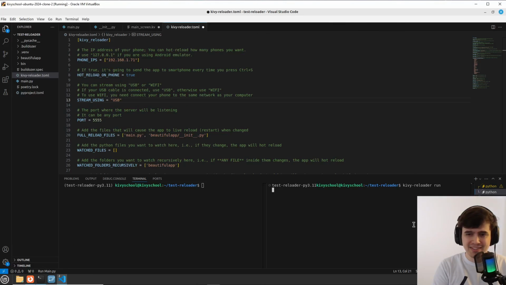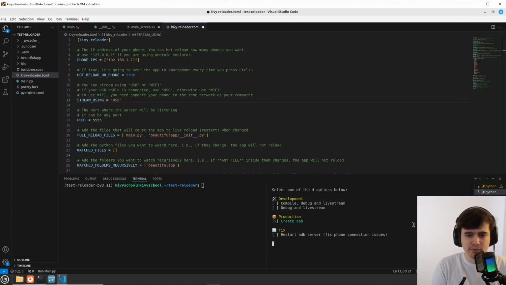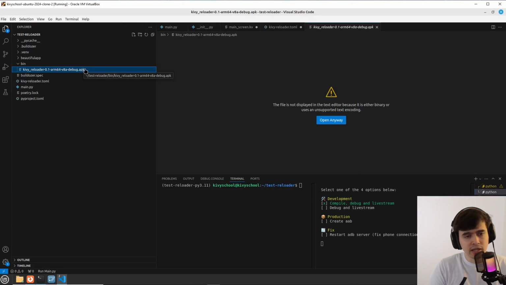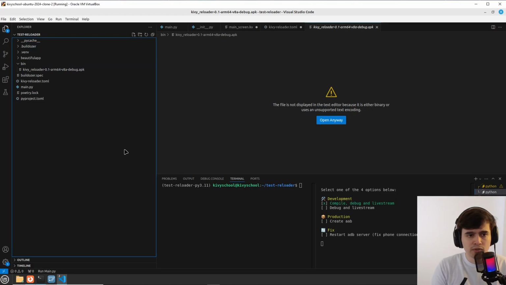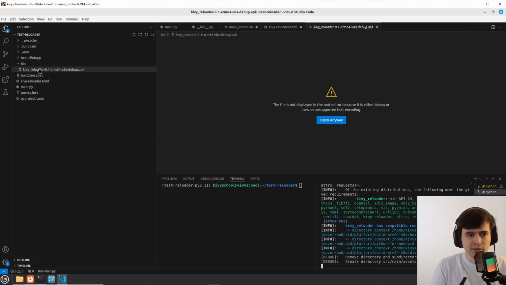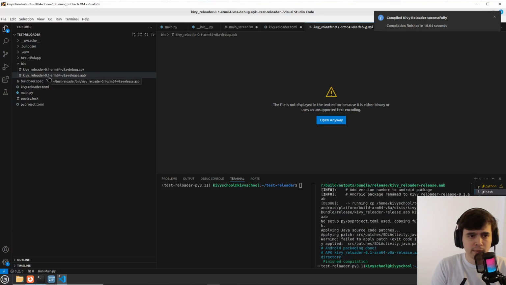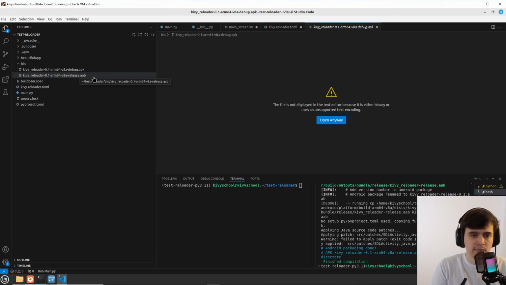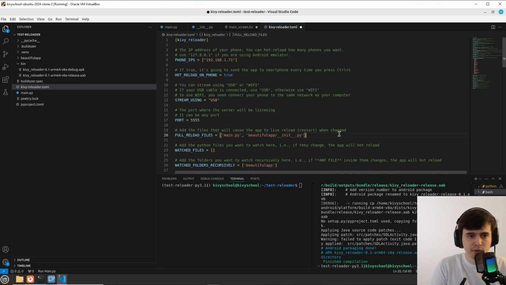Okay, we are almost finishing. So if you take a look, there are 2 more options right here. When you compile the app, if you take a look at the bin folder, it's creating a .apk file, but this file cannot be uploaded to the Play Store. So if you want to upload your application to Google Play Store, you need to create a file called Android App Bundle or AAB. So just click here and create AAB and wait a little, and then you're going to see at the end of the compilation another file here called the name of your app, the version, the CPU architecture, and finally the .aab, which is the extension that Google Play Store is going to accept.